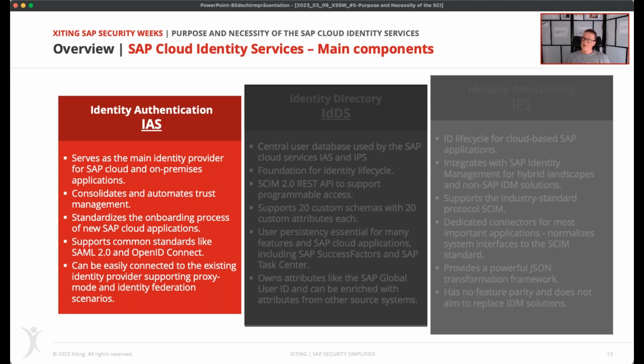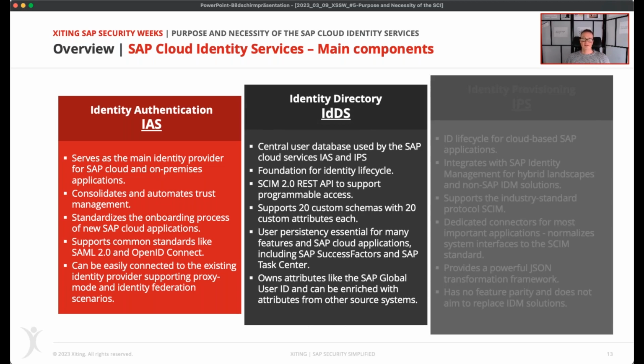So as of today, many companies usually have an existing identity provider, and the Identity Authentication Service can be easily connected there. We will talk about that in a while and answer some common questions concerning these topics, because it's often asked and many customers have no idea and understanding why the IAS is now available and needs to be used.